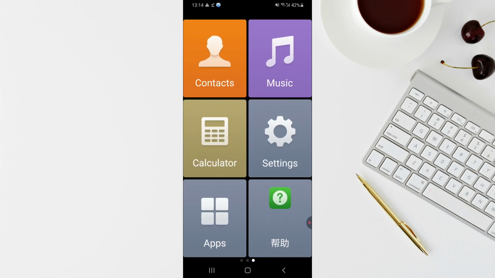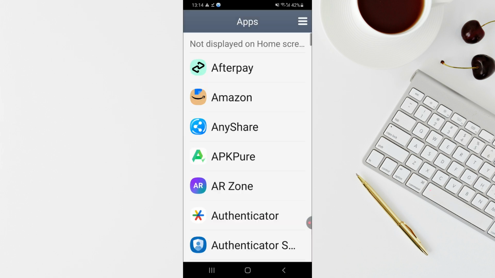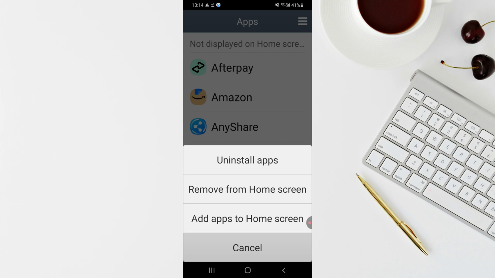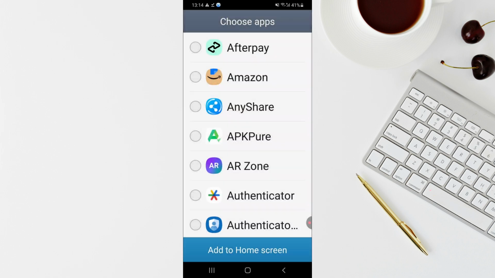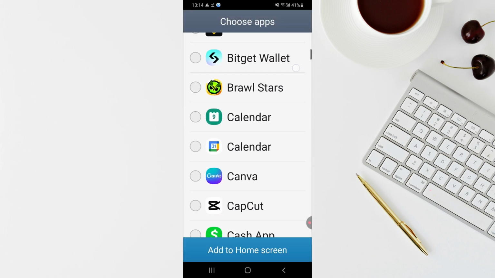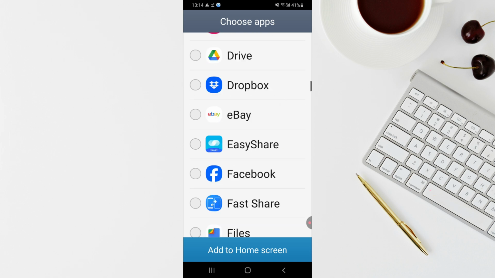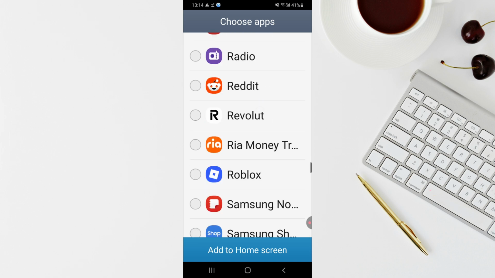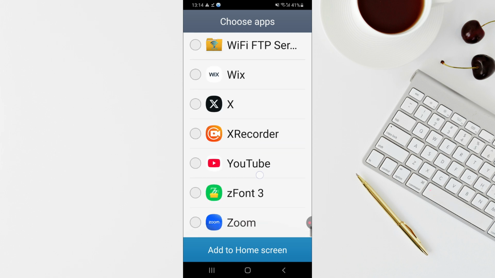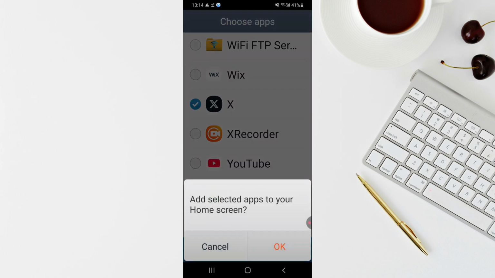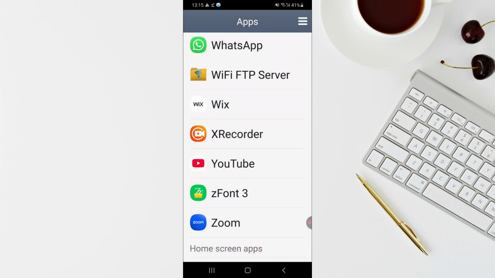And if you swipe one page here, just swipe it one, and here you will get to your apps. So for example, if you go to your apps here and then click on the three lines on your top right, you can actually uninstall apps from here, or you can add to your home screen and everything. So if you want to add an app to your home screen, tap on add apps, and then select which app you want to add to your home screen. So for example, if I want to add something, let me choose an app. So for example, X, so Twitter. So I'm going to select that and then add to home screen. Okay, click on OK, and then here,